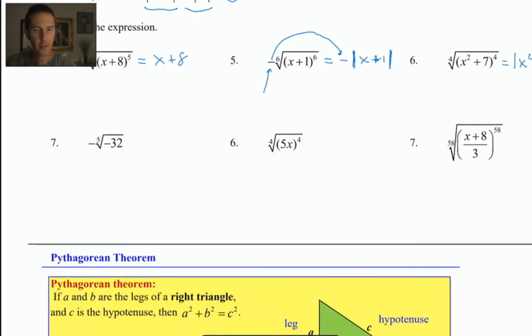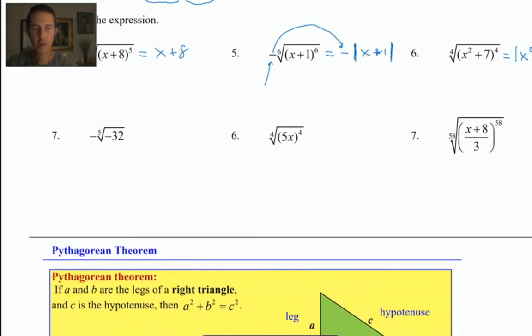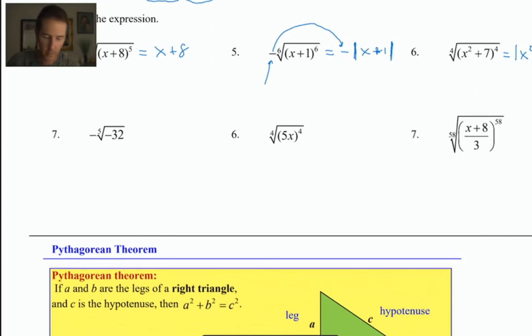Speaking of 7, in number 7, this is a little bit more tricky because this involves a little bit of extra insight. Most of you who are watching these videos are not necessarily super mathy people. And so it might not jump out at you that the number 32 is kind of a special number. 32 is 2 to the 5th power, and this index of 5 on the outside could have been a clue to you that 32 can be written as a fifth power. So what I'm going to do is, I'm not going to write 32 as 2 to the fifth. I'm going to write,